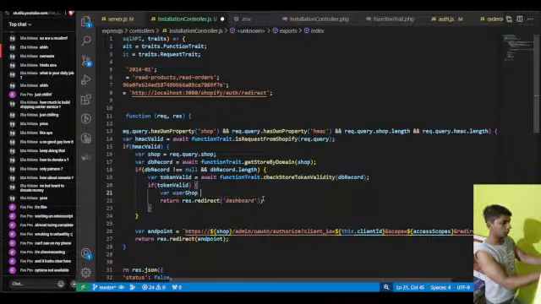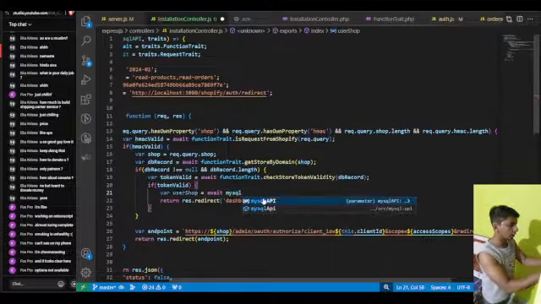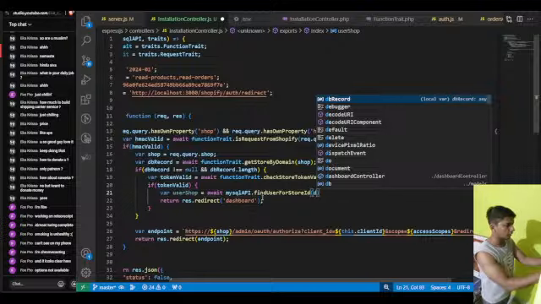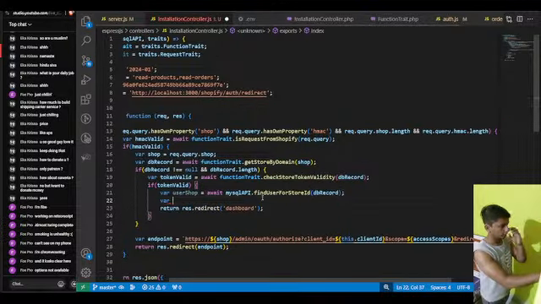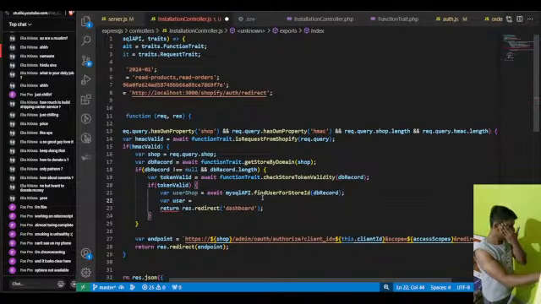Where user shop equals await MySQL API.findUserForStoreID. This will send DB record, where user equals